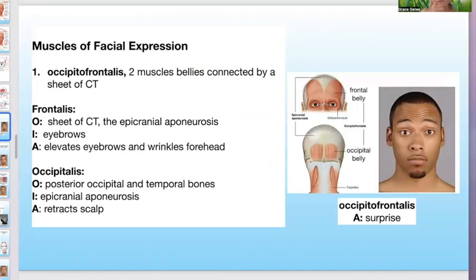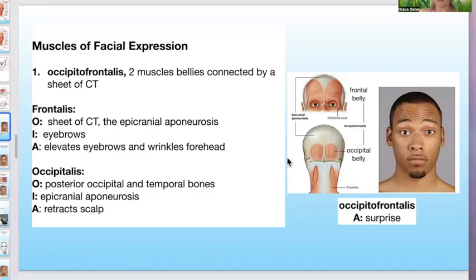Okay, so the occipitofrontalis has two muscle bellies connected by a sheet of connective tissue. The frontalis originates on a sheet of connective tissue called the epicranial aponeurosis that lies over the top of the head and goes all the way towards the back of the skull, and it inserts on the eyebrows. The action is to elevate the eyebrows and wrinkle the forehead. The occipitalis, the other muscle, originates on the posterior occipital and temporal bones and inserts on the epicranial aponeurosis, and its action is to retract the skull. So overall, you get a pull from the muscle that is pulling the scalp over the bones of the skull,